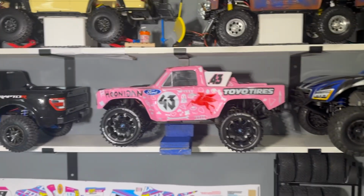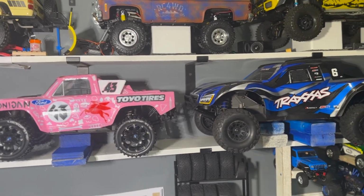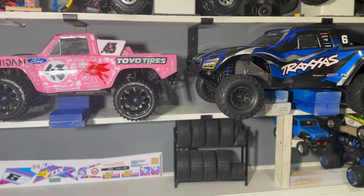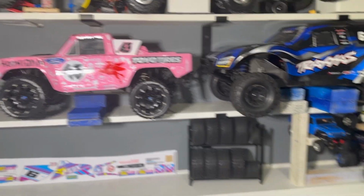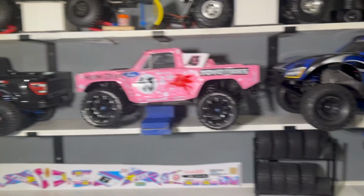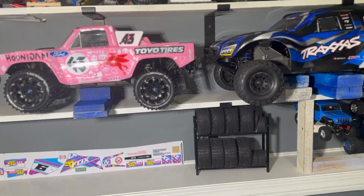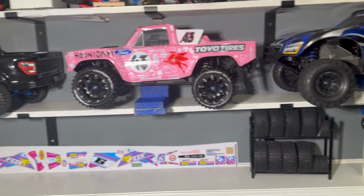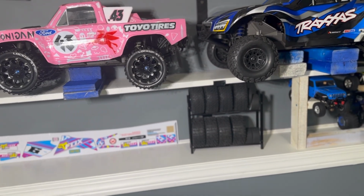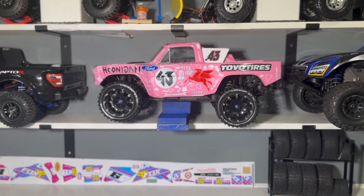I do have the sand dunes near here, so I will probably be getting some paddle tires as well. As you guys can see, right here is my spare tire rack. Those are for the Slashes, the 110 Slashes. I have street tires for the Raptor, which I'm actually using the S1 compounds from the regular Slash on there. And then I have some off-road tires that are a little bit smaller than the ones